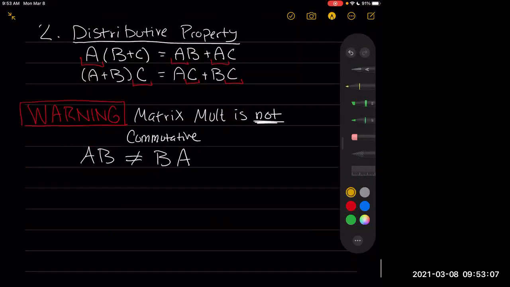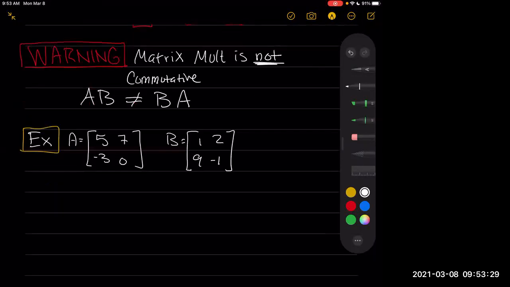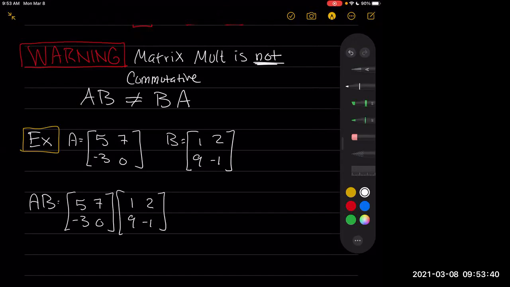So for an example, if we take A equaling [5, 7; -3, 0] and B equaling [1, 2; 9, -1], then if we look at A times B first, this will give us [5, 7; -3, 0] times [1, 2; 9, -1], which is row 1 times column 1 is 5 plus 7